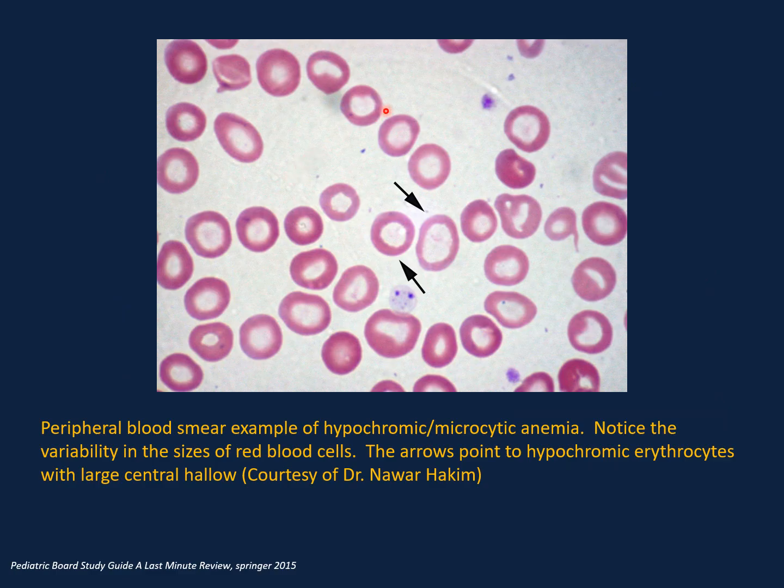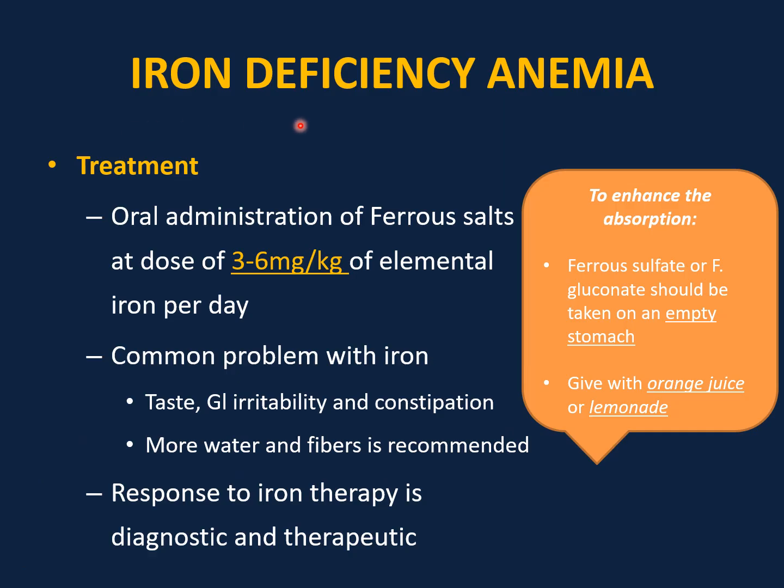This is a peripheral smear of a child with hypochromic microcytic anemia, so the size of the red cell is smaller than normal and with exaggerated central halo or central pallor, and also there is a variability in the size between the cells. This is consistent with hypochromic microcytic anemia and is commonly seen in iron deficiency anemia. From the history and physical examination and the CBC, if you diagnose iron deficiency anemia, it is important